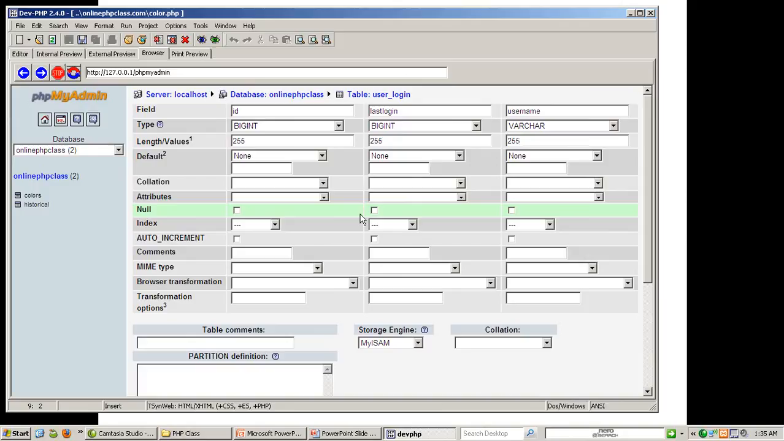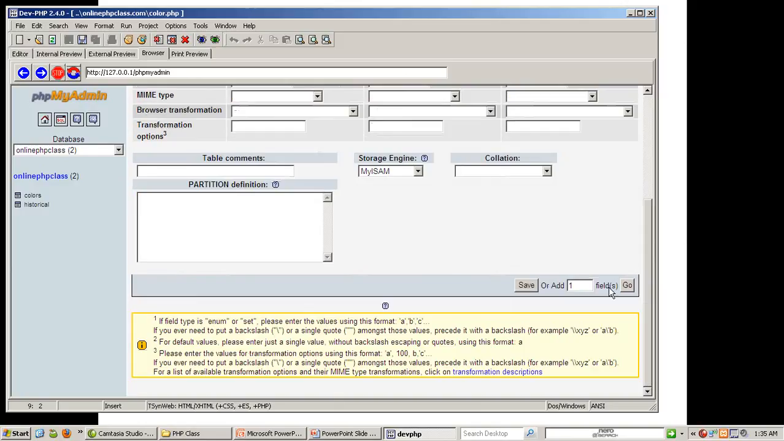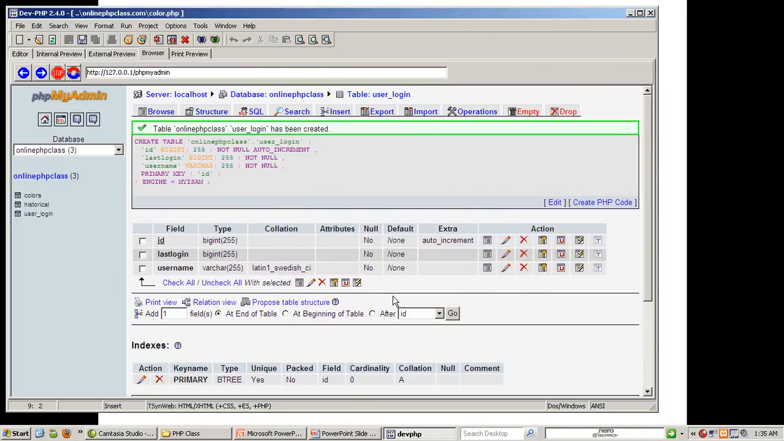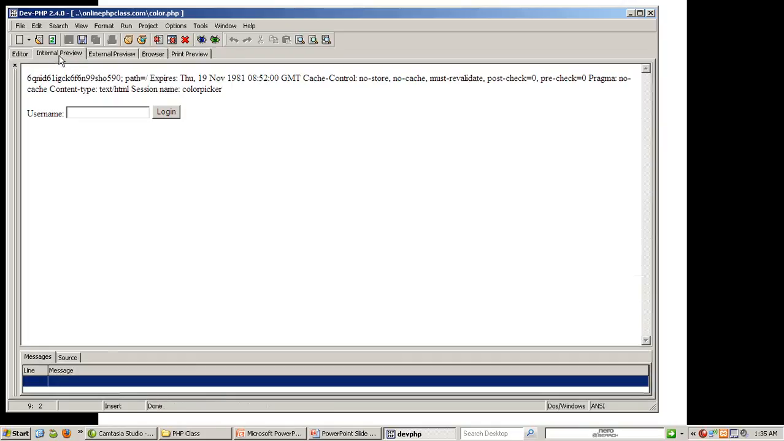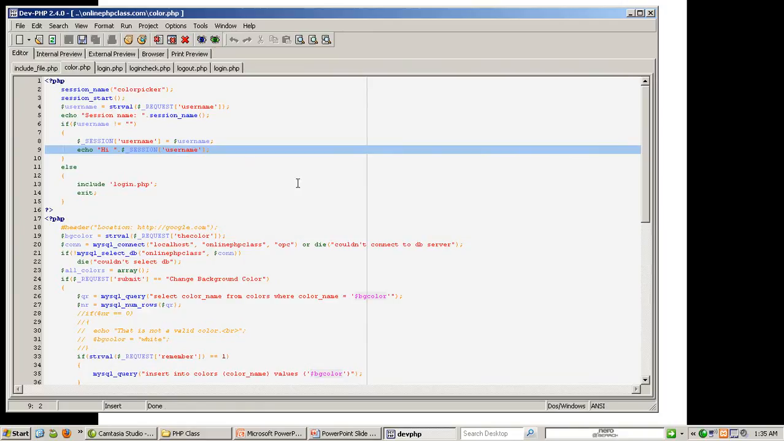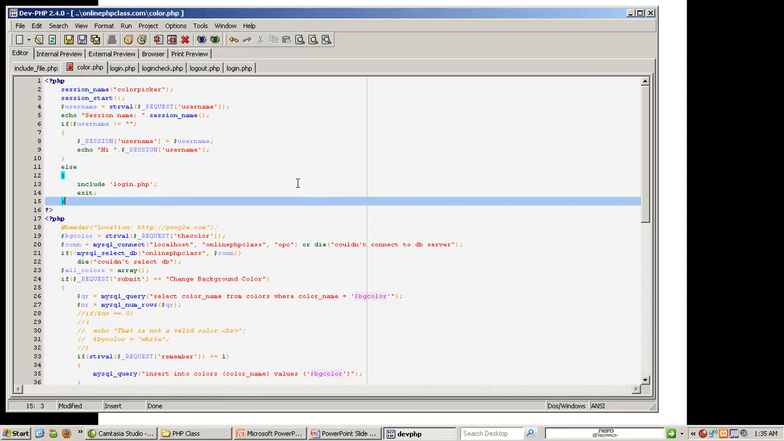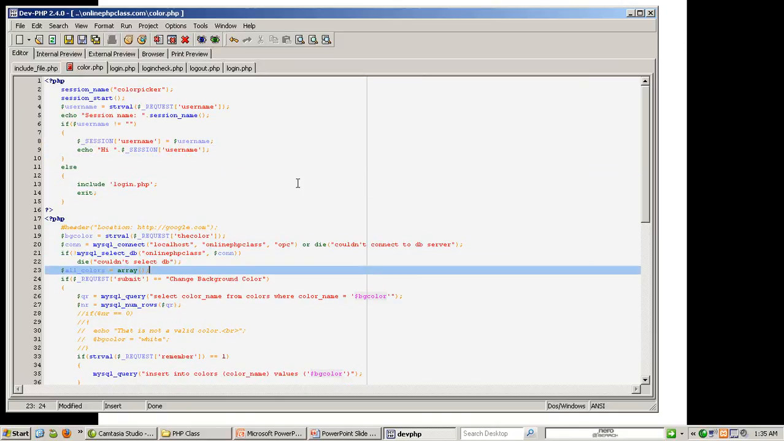Just for the purposes of actually building this table, let's just do this. Hi, PHP class user underscore login. Oh right, so we haven't even connected to the database yet. Alright, so